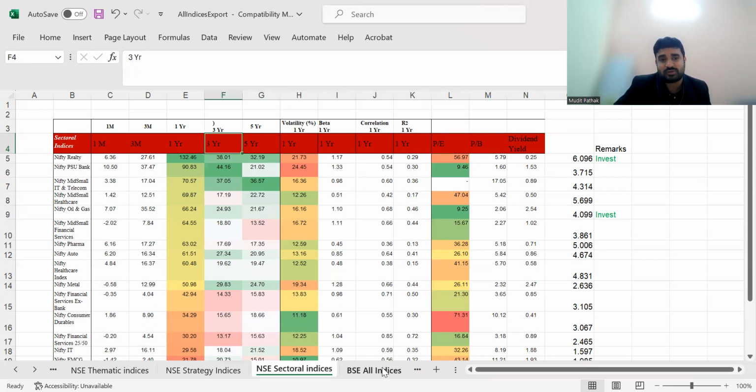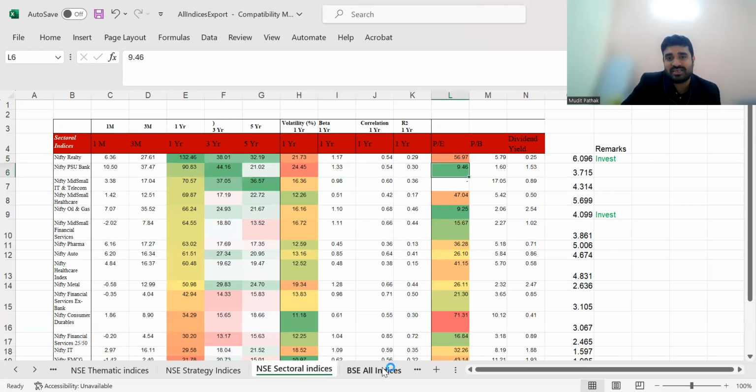Similarly BSE Realty has given 127% returns. That's crazy. The infrastructure stocks, the realty stocks development are going crazy because a lot of work is going on. You see the groundwork in the country, that is also replicated in the stock markets. It's nothing different. So 132% return in one year, and in the last 5 years also it has given 32%. Any return above 25% for the last 5 years, it's a pure buy stock. Sorry, we are talking about indices today. So Nifty Realty. Then we have PSU Bank as well.